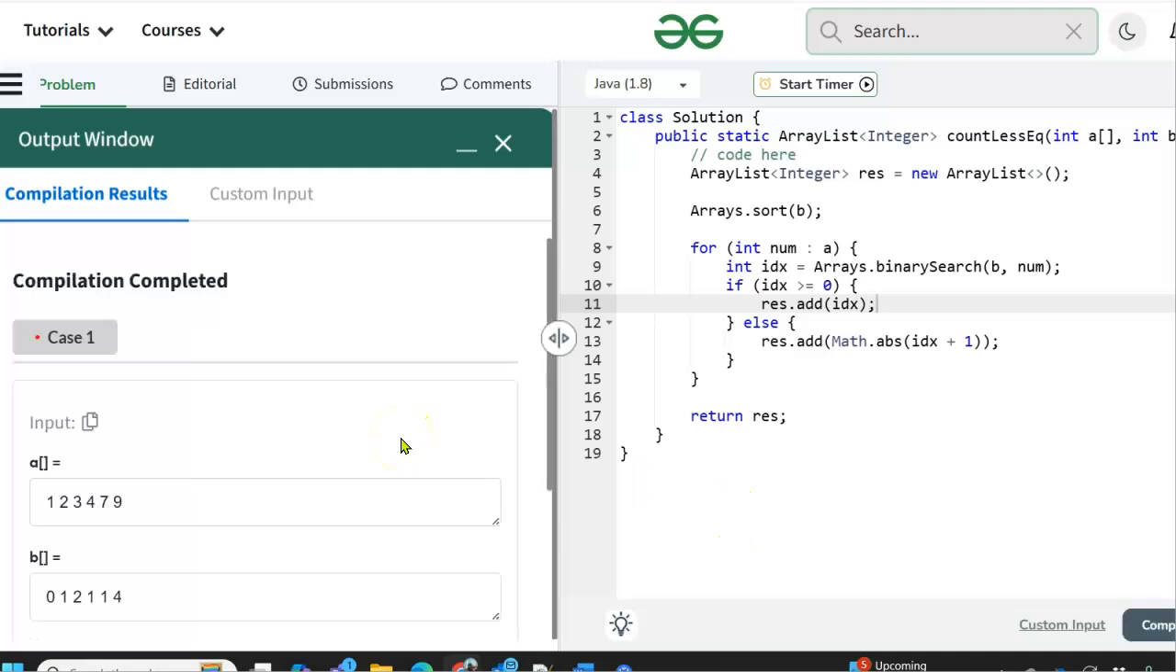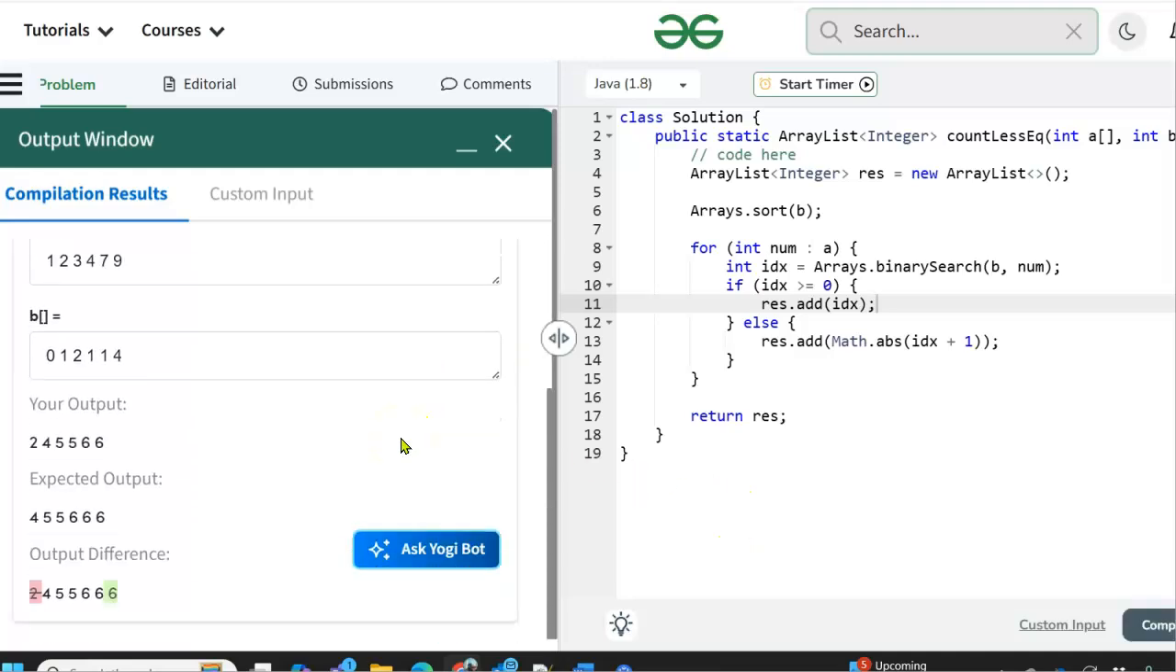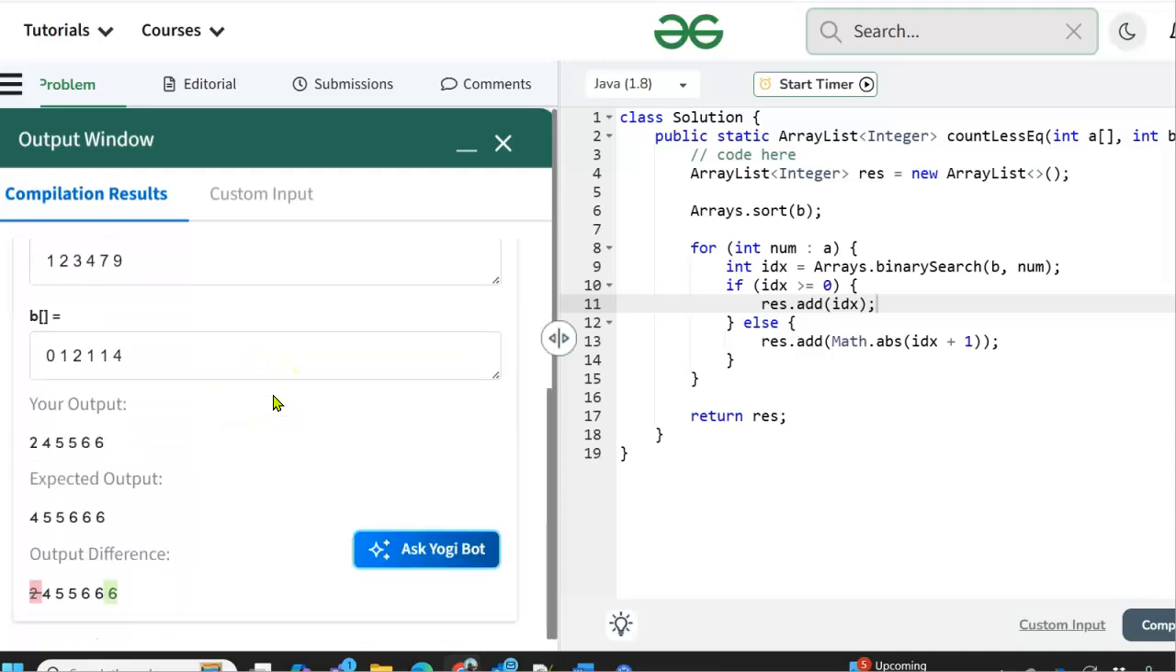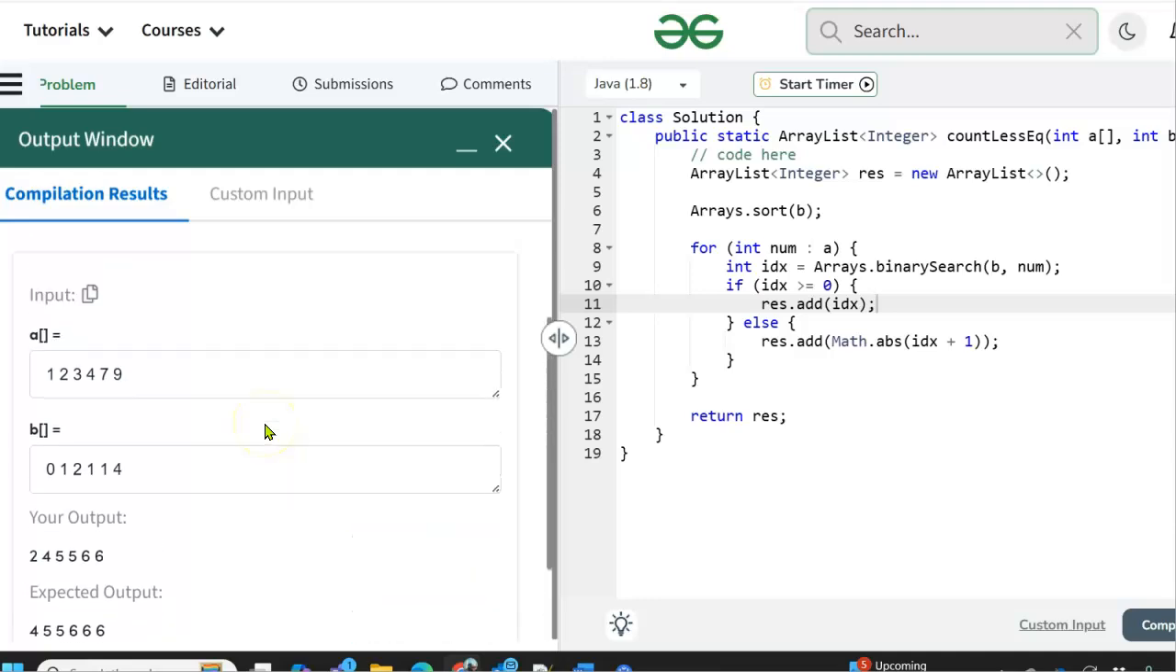I hope it's the same example. You can see why it doesn't work. Yeah, okay, so there's why it doesn't work. This is what we were expected to get, 4, 5, 5, 6, 6, 6. What we actually got was 2, 4, 5, 5, 6, 6. The reason being